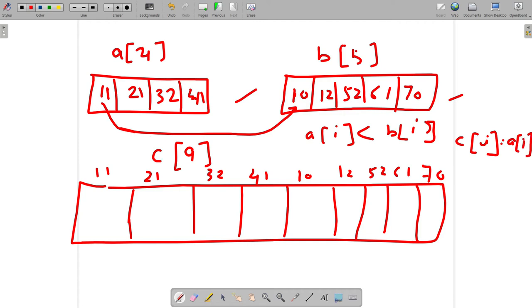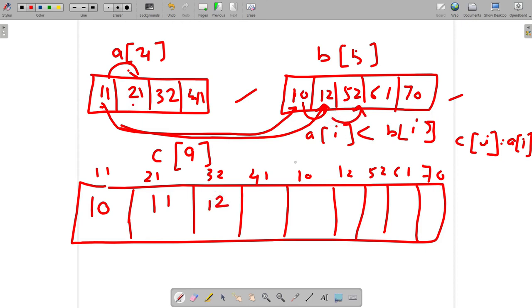Here B of i is smaller, so that will be assigned here, and now in array B we will move to the next position, but in array A we stay at the same position because we have not allocated 11 here. So now we will compare 11 with 12. Whichever is smaller will come here, so 11 will come here. Now this array will move up one position. Now 21 with 12: 12 will come here and this array will move.